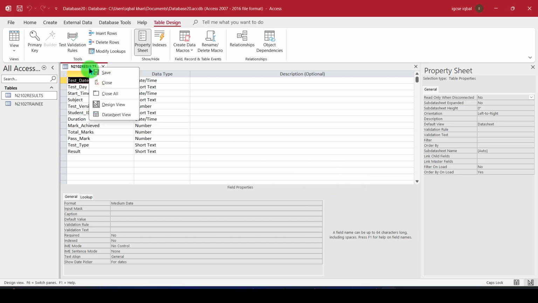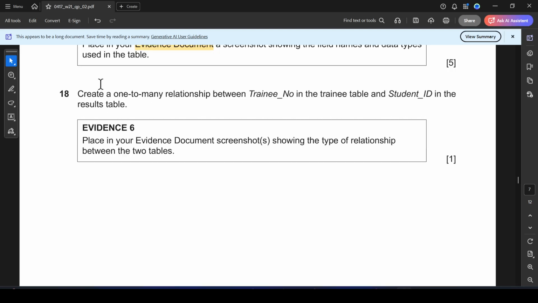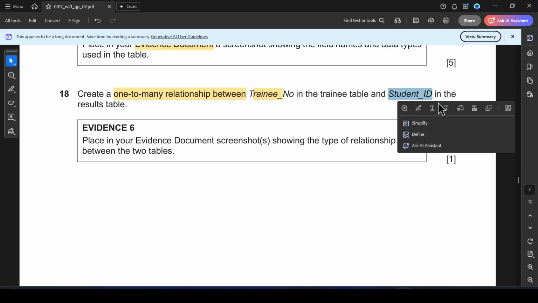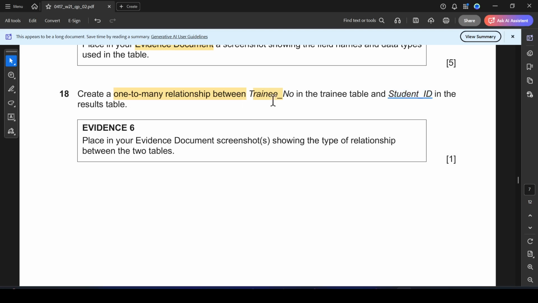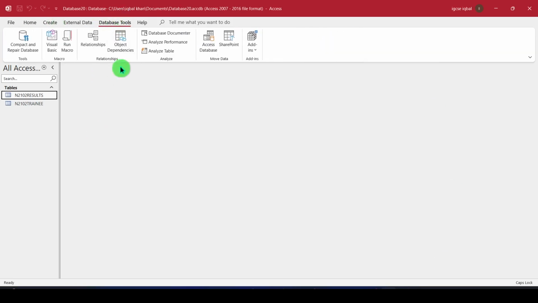So right click save, right click close. Okay, now we will move to the next question. Create a one-to-many relationship between trainee number of the trainee table and student ID in the result. Okay, trainee number to student ID. All right, so now we will go to database tools,